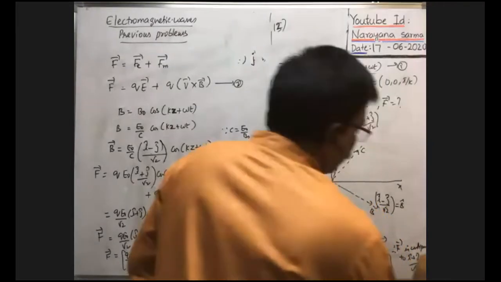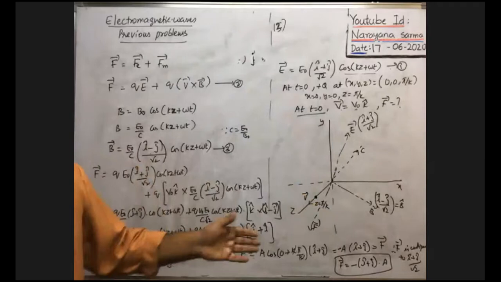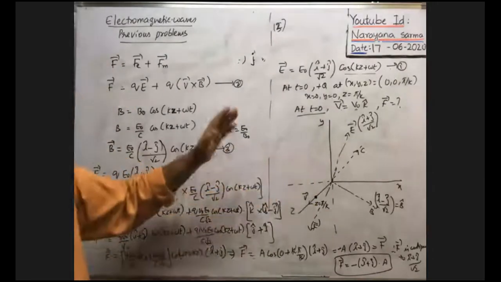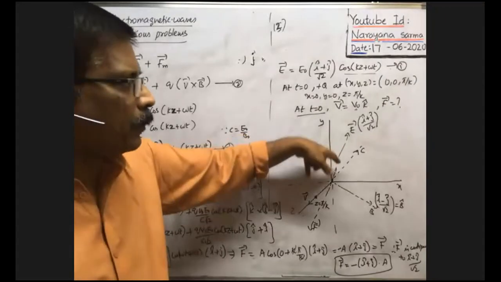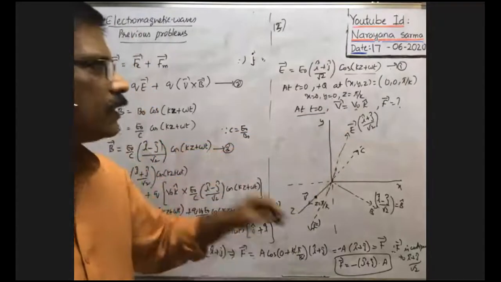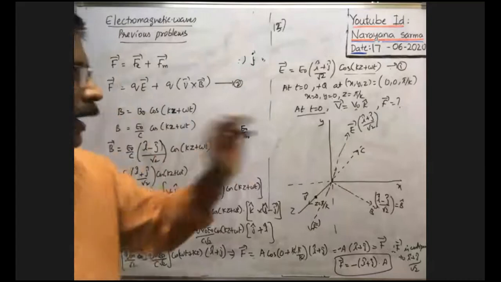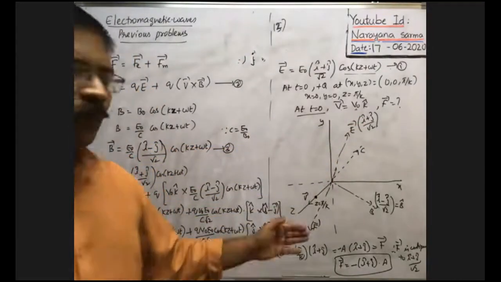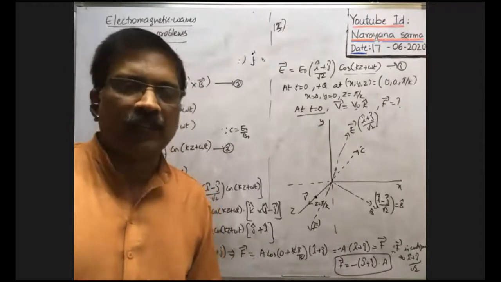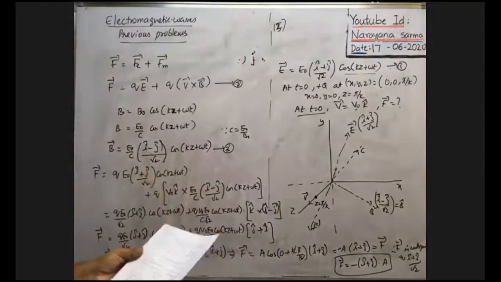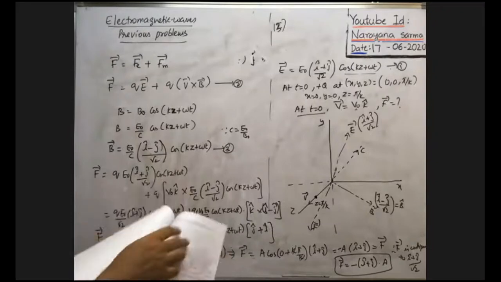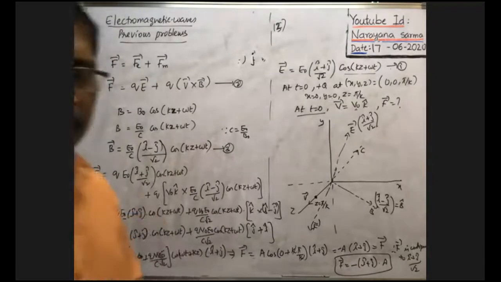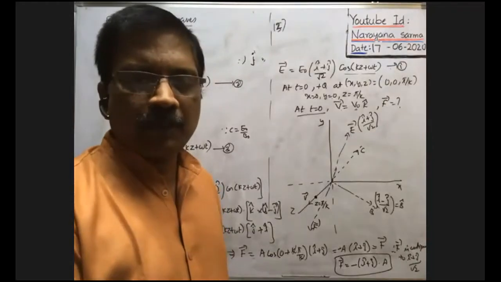This is the answer. So F bar, that means the force acting on the charged particle due to the electromagnetic wave, is exactly opposite to the direction of this electric field. That means in this direction it acts opposite to this (i cap plus j cap) by root 2. That is the direction of the force acting on the charged particle due to the magnetic field. Okay, note this one. Next is also the same type of problem. All of you see the problem first.